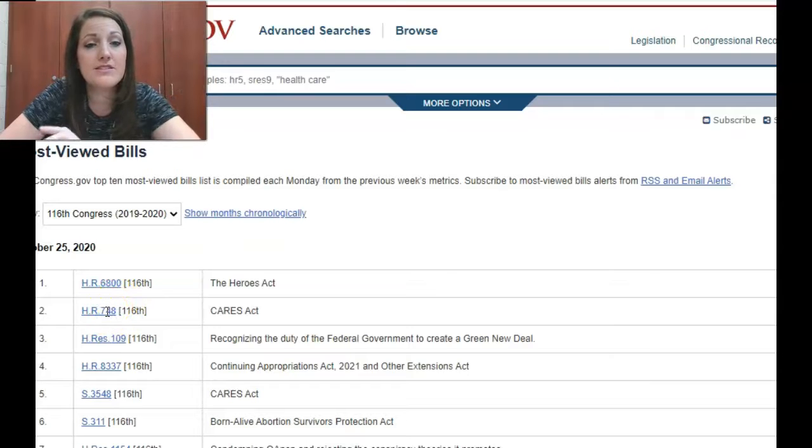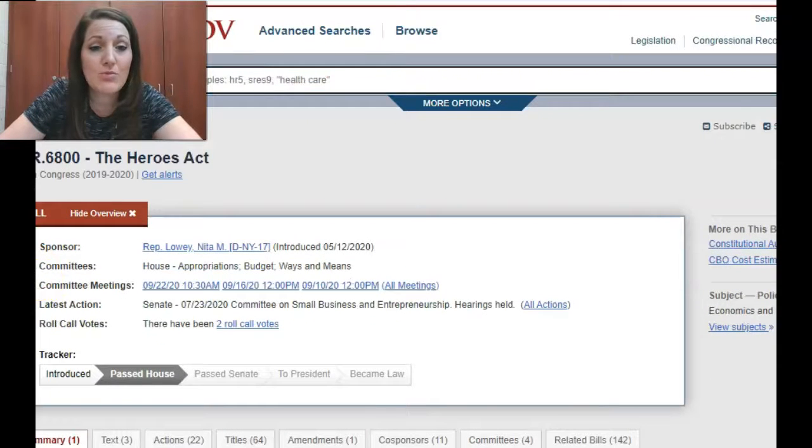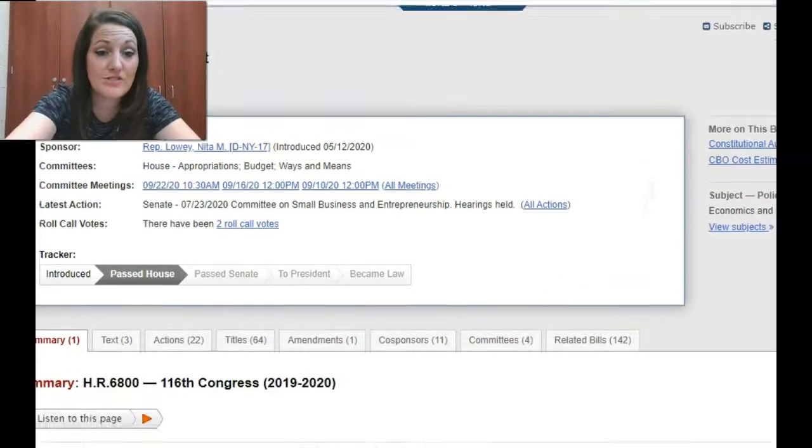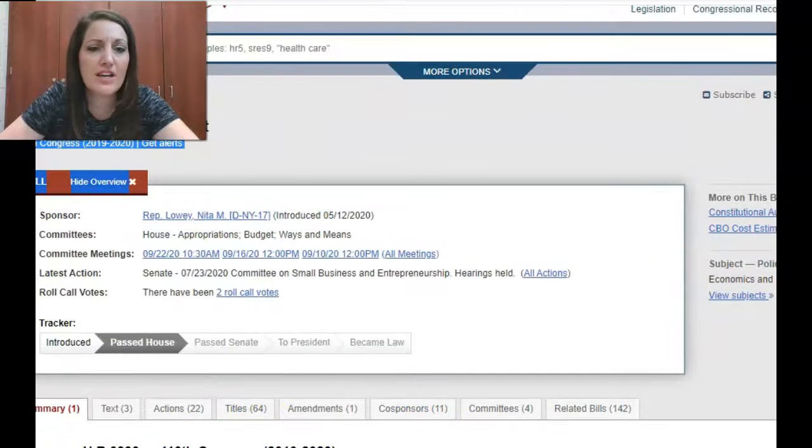The CARES and the HEROES actually represent something, like they stand for something. So HEROES is the Health and Economic Recovery Omnibus Emergency Solutions Act. And it's talking about helping people and businesses that are struggling because of things being shut down for the coronavirus. So those are a couple of bills that